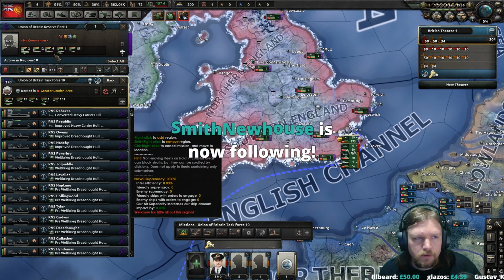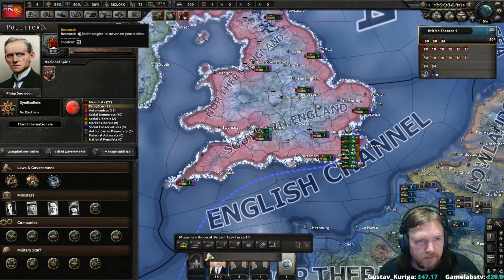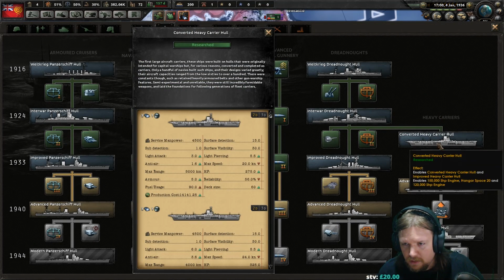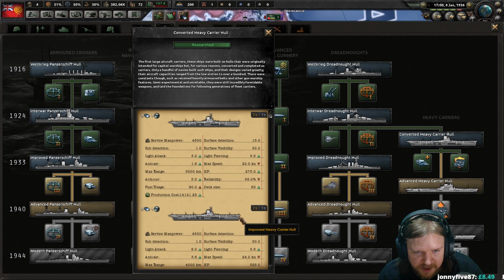Actually, no. I need to find something out. These are all... Oh no, we have converted and heavies. So they're not going to be as good as I thought they were. I need to know... Wait, you're converted. Where's the improved? Oh, I see it's here. So converted carriers...